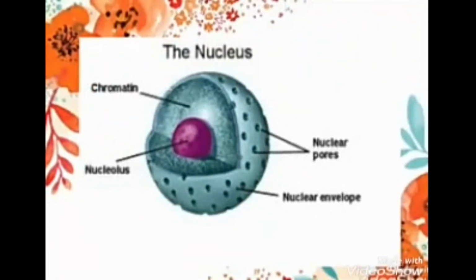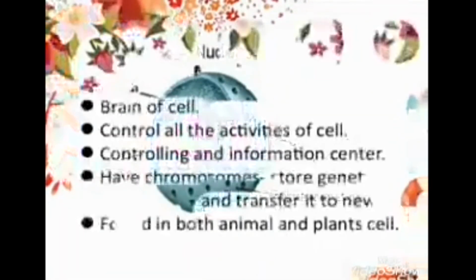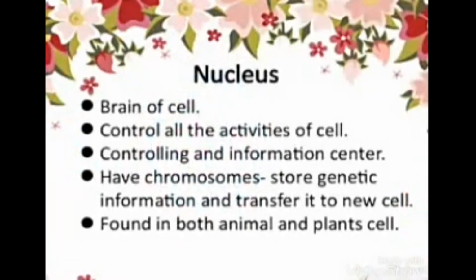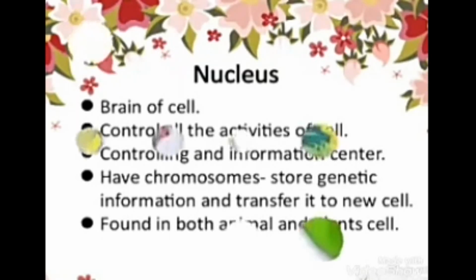Now next is the nucleus. Nucleus is considered as the brain of the cell, as the brain coordinates the whole body. Likewise, the nucleus also controls the activities of the cell. It controls the information of the